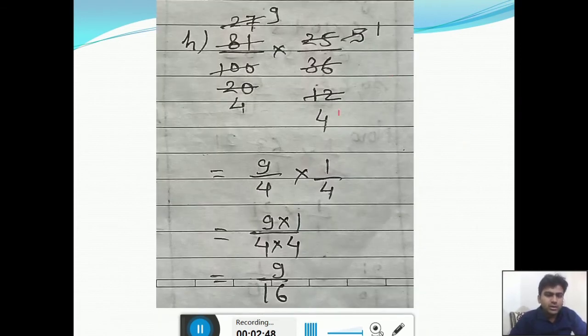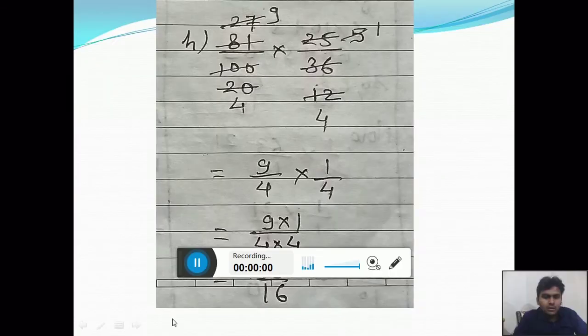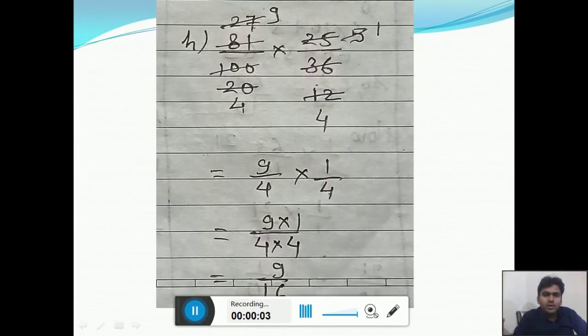This also, in cross, you can simplify it and find the answer. Now see in this question, 81 upon 100, 25 upon 36. Now how to solve this? You have to see whether the numbers can be simplified in cross. Means, can we cut this 81 with 36, or can we simplify 25 with 100 or not? Numerator or denominator, we will see whether they can be simplified or not. After the simplification, whatever we get, we will multiply numerator with numerator and denominator with denominator.